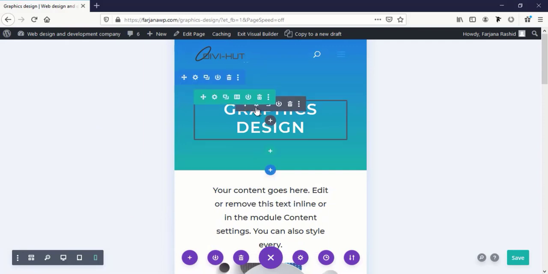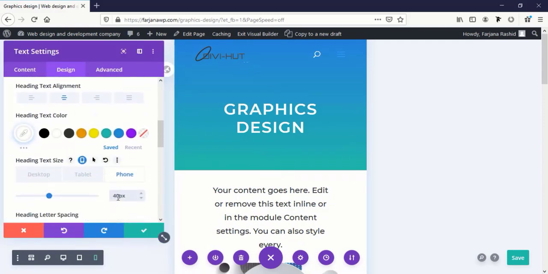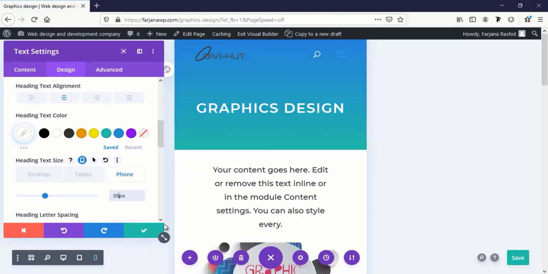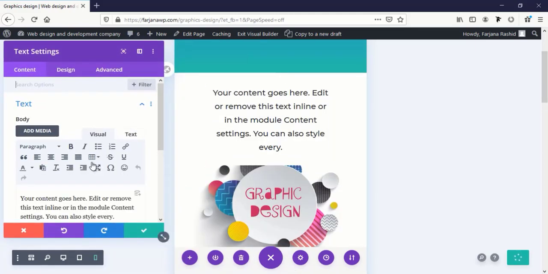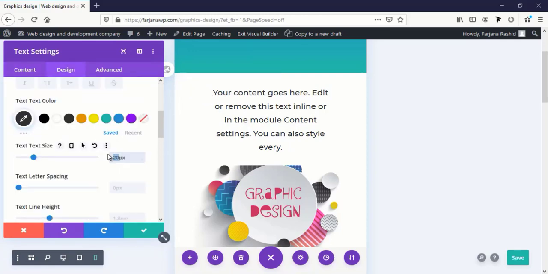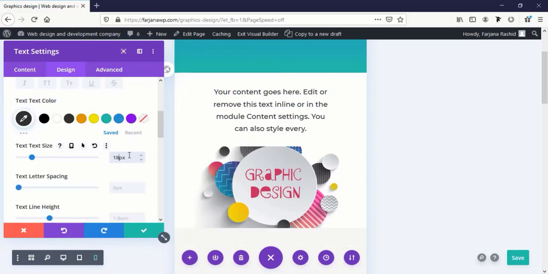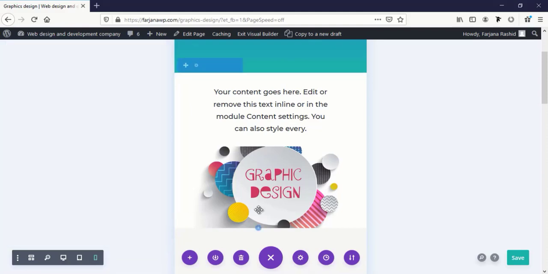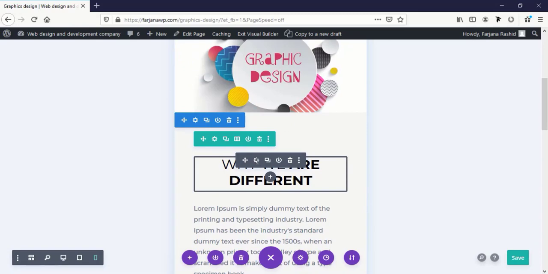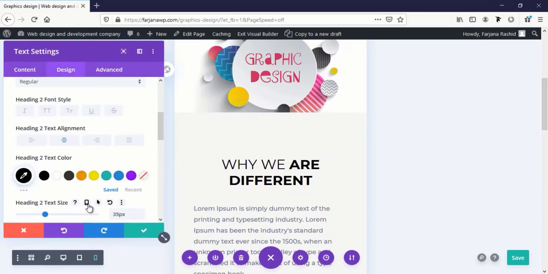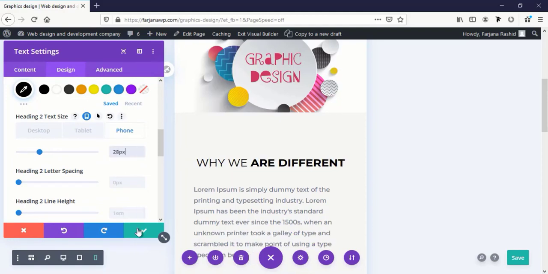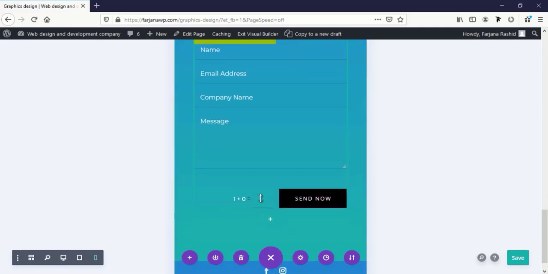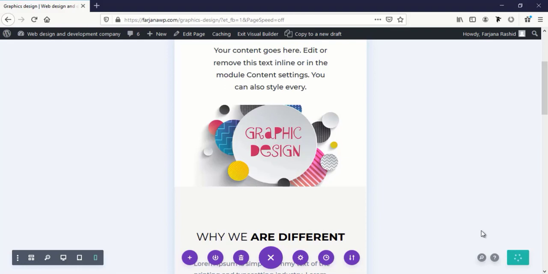or we can decrease it a bit. We can make it 35 pixel. Save it. We can also decrease this font to 18 pixel. Save it, and also decrease it. Going to phone view, making it 28 pixel. Save it, and we are done. Now I'm going to save this page. Exit Visual Builder,